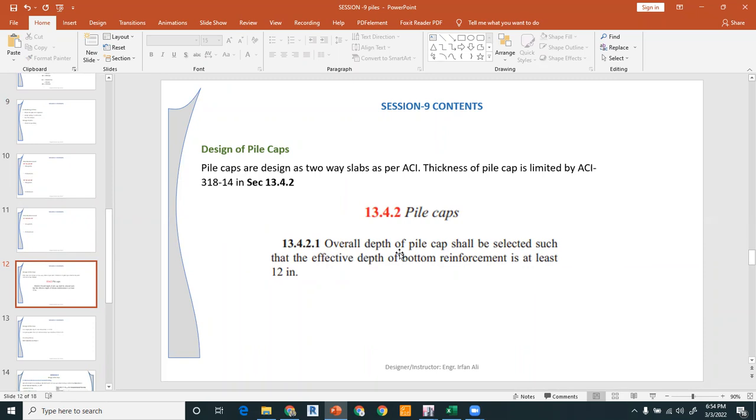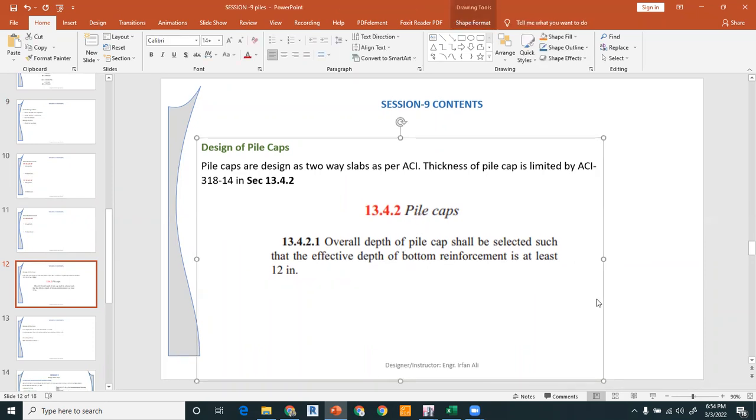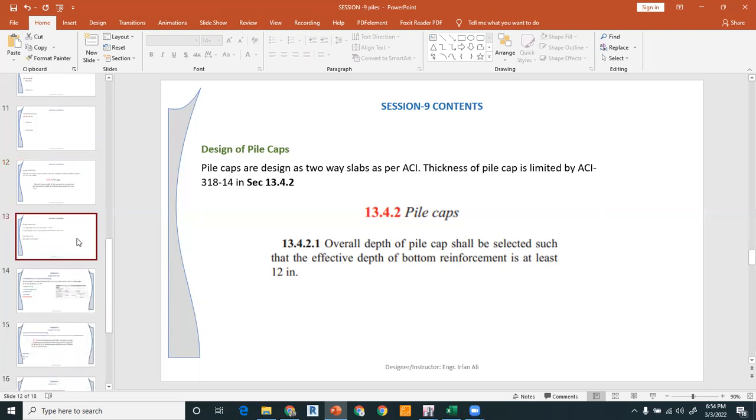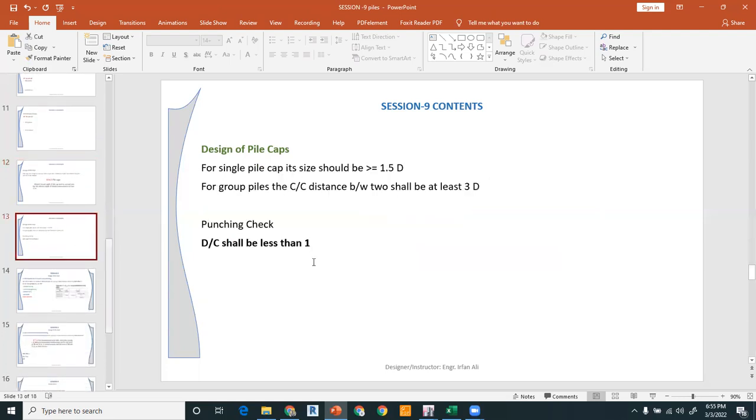So the thickness of the pile cap is at least 12 inches. So we will select 24 inches thickness as per my experience, right? And there is another restriction on the pile caps as well. If you are designing a single pile, for example, for the single pile cap, its size should be 1.5 D, where D is the diameter of the